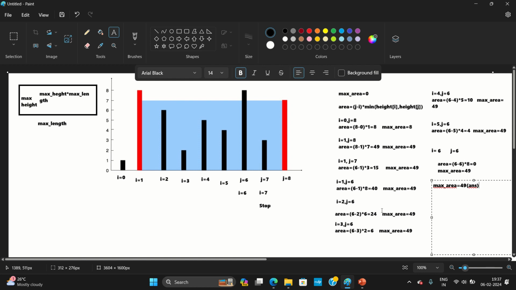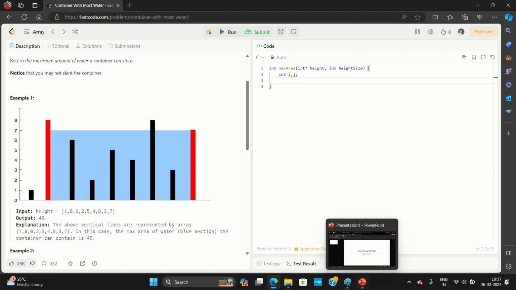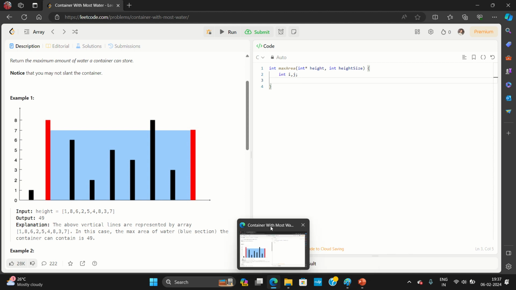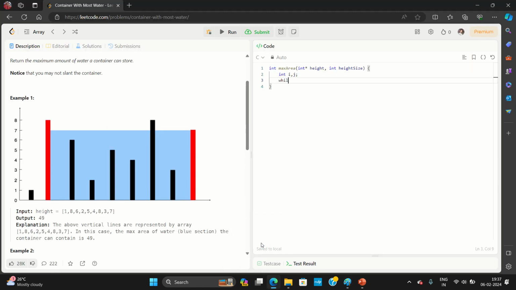Fine. So let us try to code it down. What will we be considering? Two pointers again, int i and j. Till what time will we be running this? We will be having a single loop, and it runs till i is less than or equal to j. After this we stop, because i cannot cross j, right? So we can run a loop, that is while i less than or equal to j,